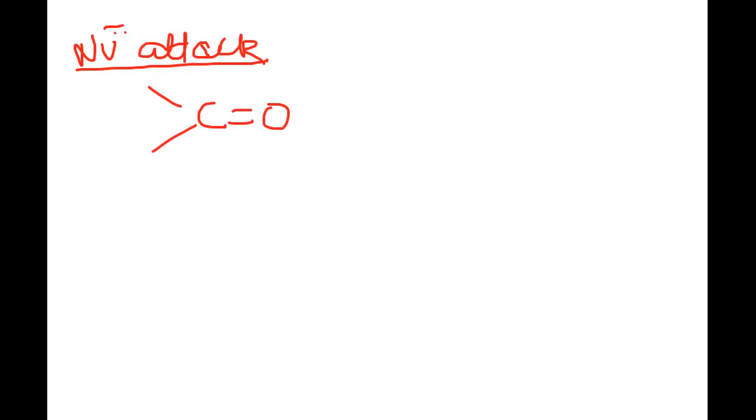The ammonia derivative is NH2Z, which has a lone pair of electrons. This is the carbonyl carbon, and this is delta negative, this is delta positive. So in the next step, since the nucleophile has attacked,